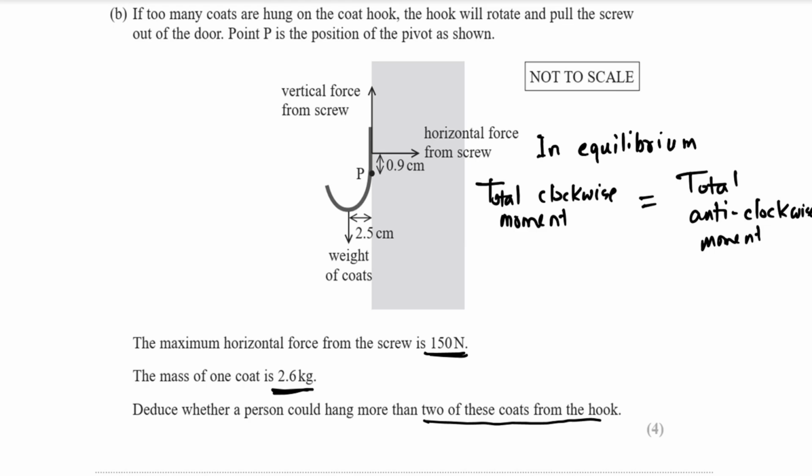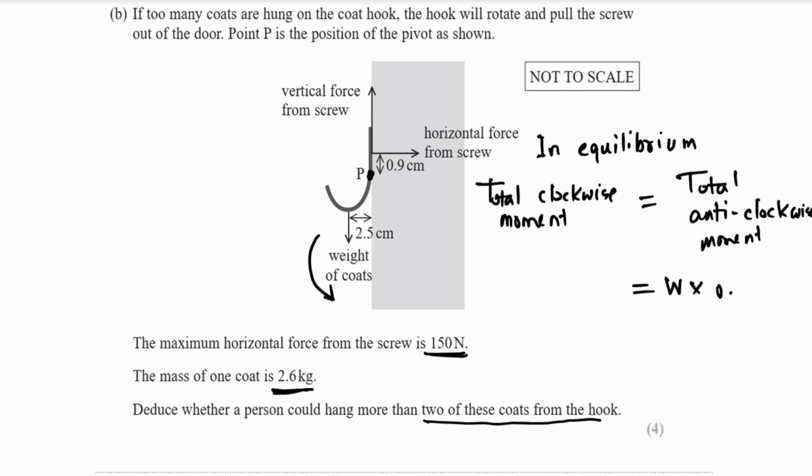So pivot is here, P point. So weight of the coat produces anti-clockwise moment. Weight of the coat produces anti-clockwise moment. So weight W into